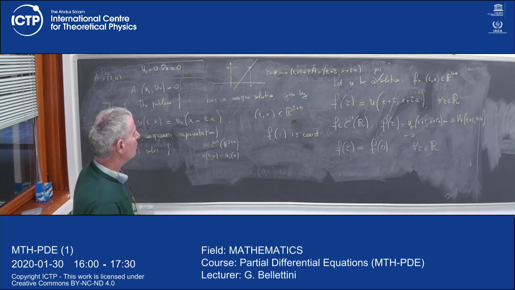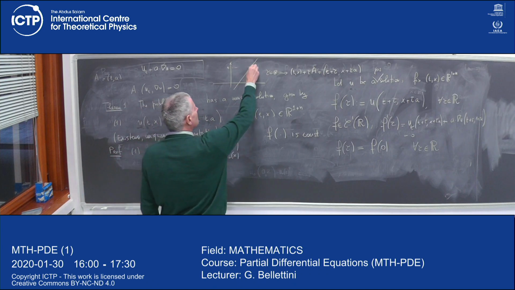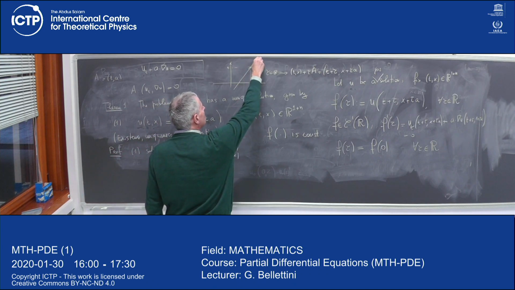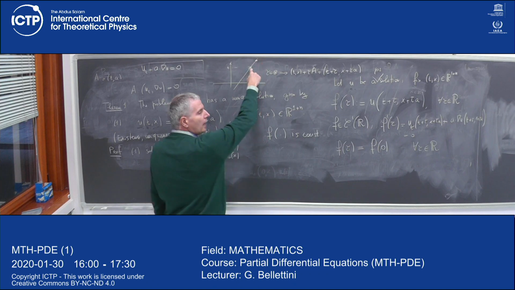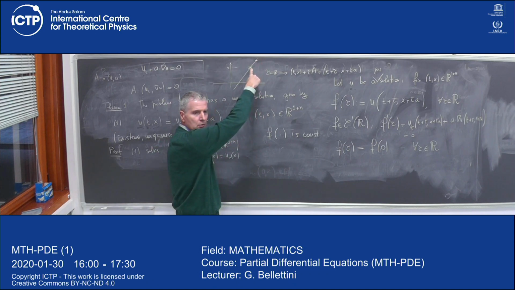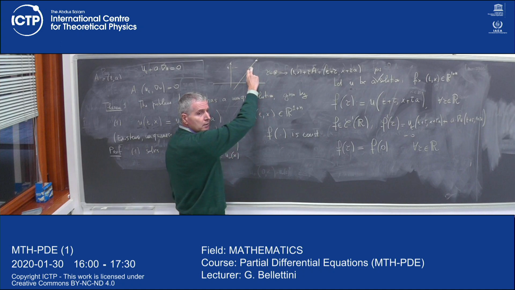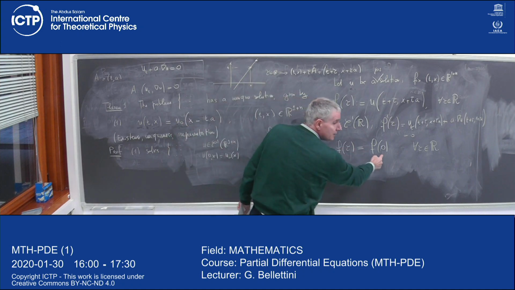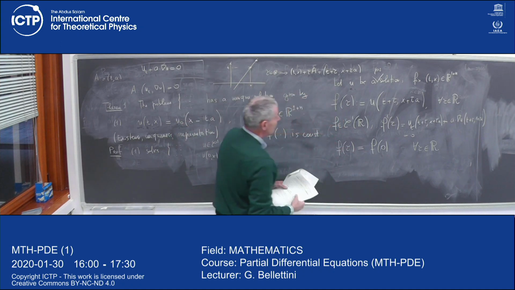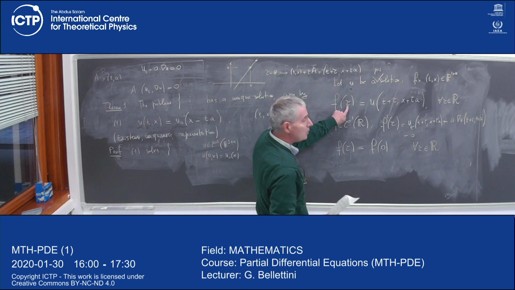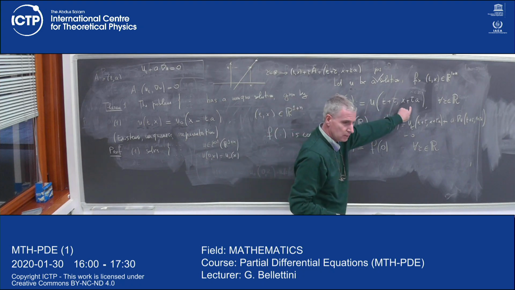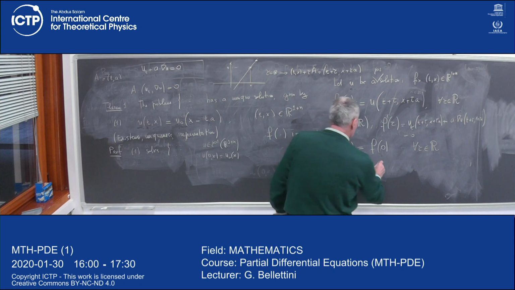Okay? So f of tau, here, at some tau. So here, I am here at time 0, right? At tau 0, I am here. So this must be u of tx. Trivial, because if you put 0 here, you get u of tx. So this is equal to u of tx.